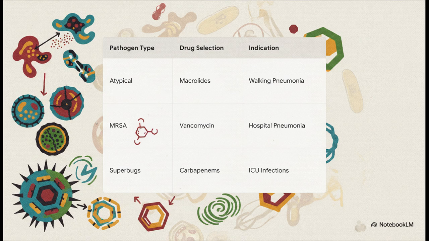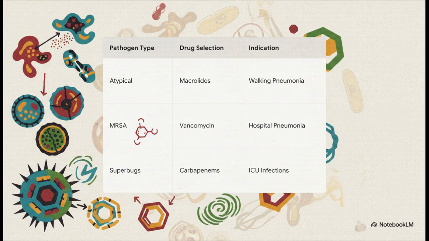Instead, we use macrolides. These drugs actually cross the human cell membranes and target the bacteria's internal machinery. Now, moving down the list, what if we have a high-risk MRSA infection? This is a bug that has actually modified its own wall to resist standard drugs. In that case, we escalate to vancomycin, which is smart because it binds to a completely different, unmodified part of